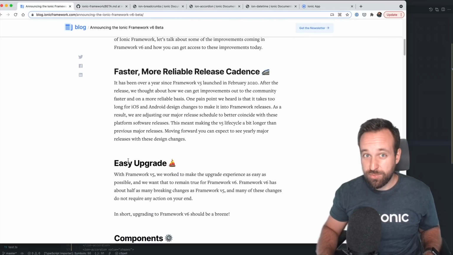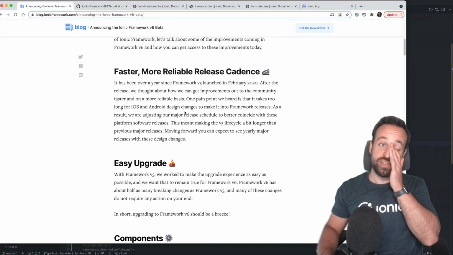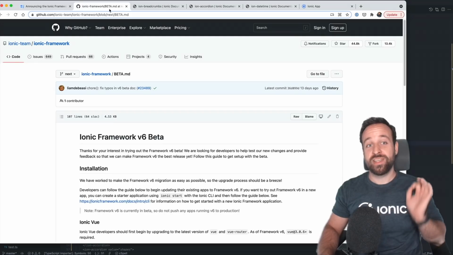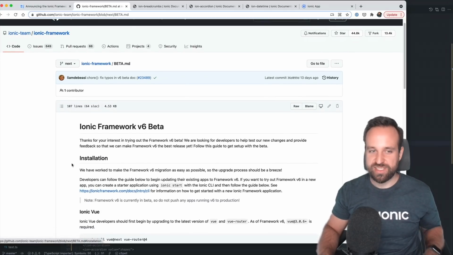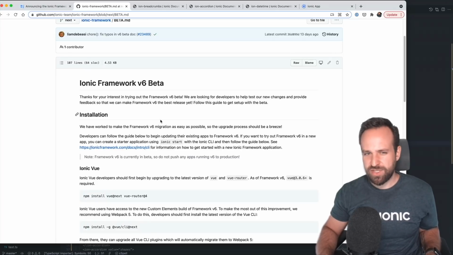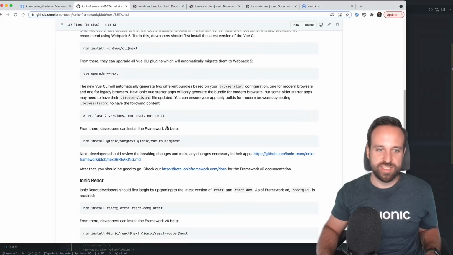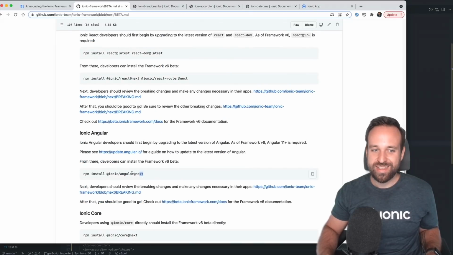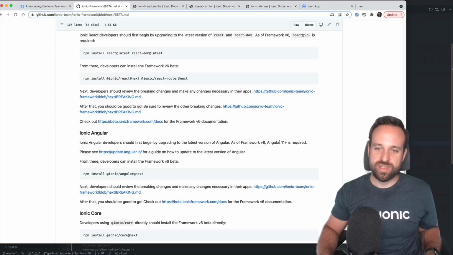In terms of the upgrade process, a lot of you I know are sweating and thinking like, oh no, I don't want to go through all of this again. But from what I've seen so far, it's gonna be super, super easy. If you want to give it a try, simply bring up a new Ionic version 5 application. And if you're using Angular, just scroll down here in the upgrade guide and you will see this is really the only thing you need to do to upgrade. You of course need to be on Angular 11+,